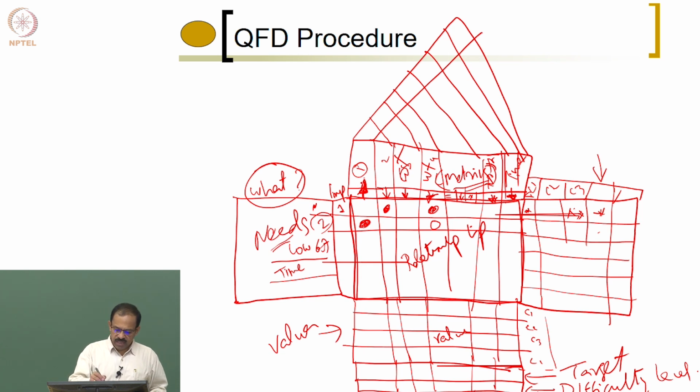So, if by increasing this, the cost is getting affected, I will say, oh, it has got a strong positive relationship. That is, by increasing this, I can reduce the cost, then I have a positive relationship, because anyway I want to reduce the cost, but by simply increasing this, I can reduce the cost. Then I will say there is a positive correlation between these two metrics. That is, by increasing one, I can actually move the other one also in the desired direction. So, I can change any one of these to get the desired movement.